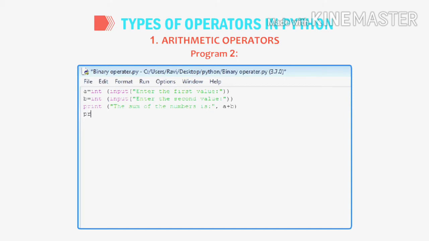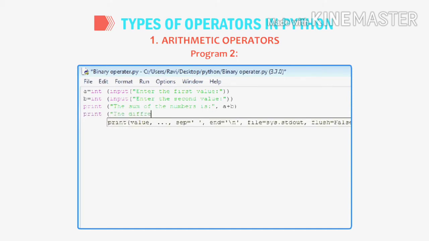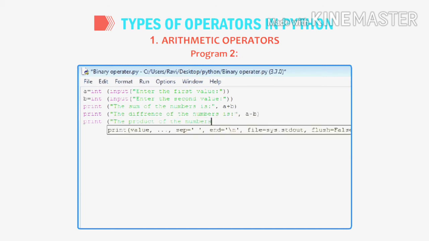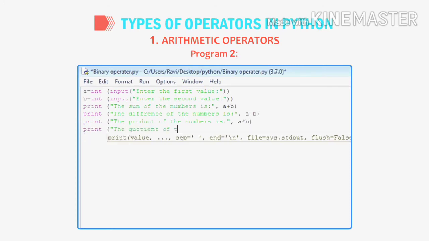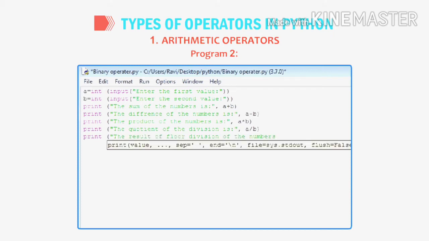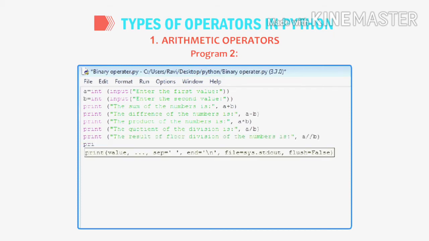Clear? And after that we print the values to get the arithmetic operators. The result of A plus B, A minus B, A into B, A slash B, and A double slash B, and at the last A double asterisk B, that is the exponential value of the operands.